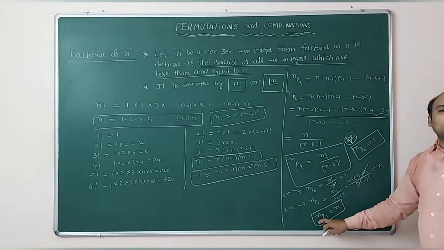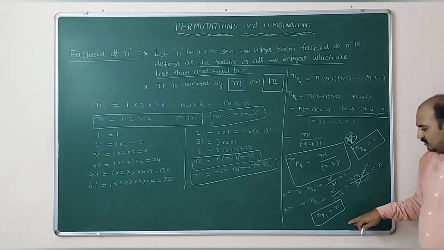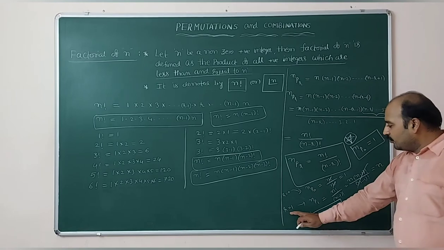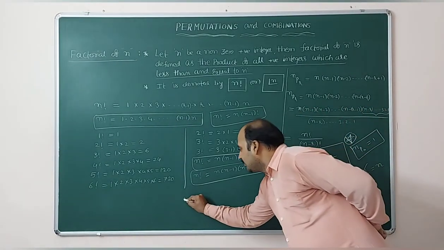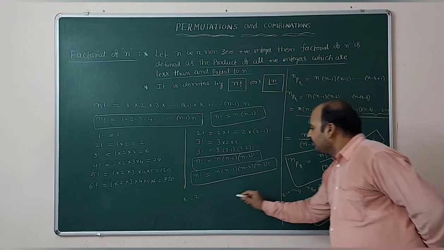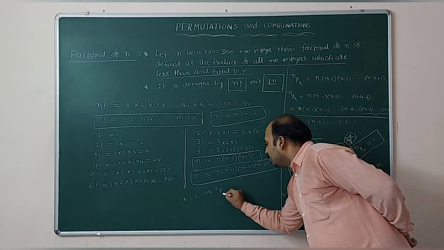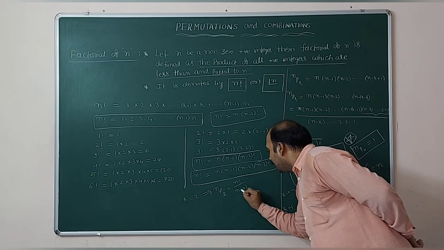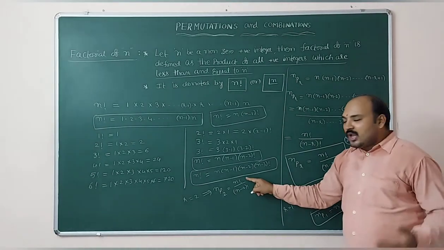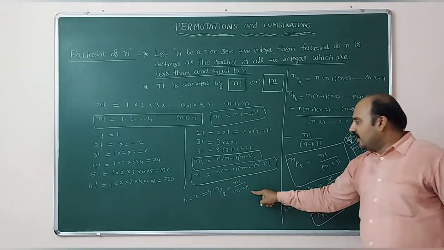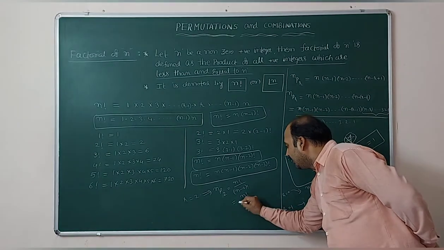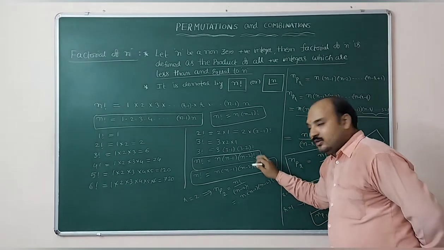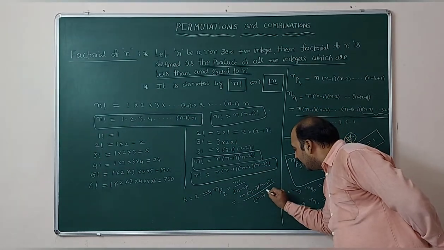In place of n, if we substitute 1000, 1000P1 is equal to 1000. Whatever n is provided, that value will come here. Similarly, if you want to put r equal to 2 and substitute in this formula, nP2 is n factorial by n minus 2 factorial. So the numerator n factorial, I want to write in terms of the denominator n minus 2 factorial: n factorial is n into n minus 1 into n minus 2 factorial, divided by n minus 2 factorial.